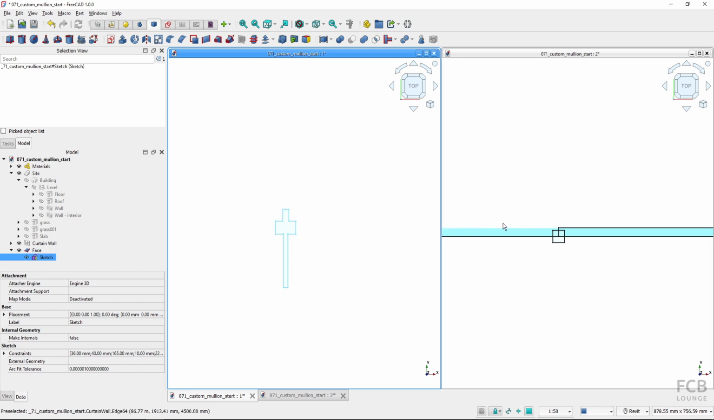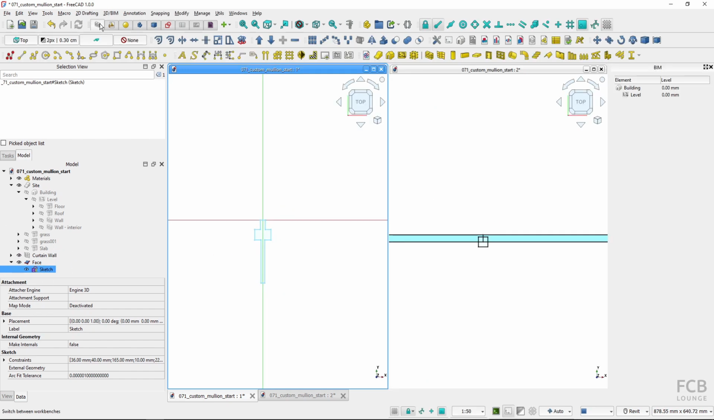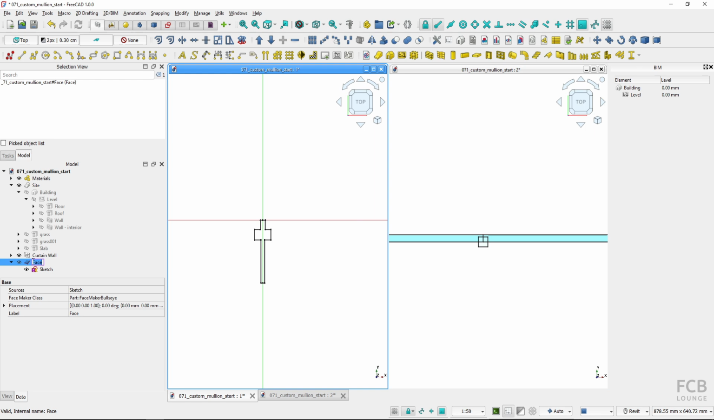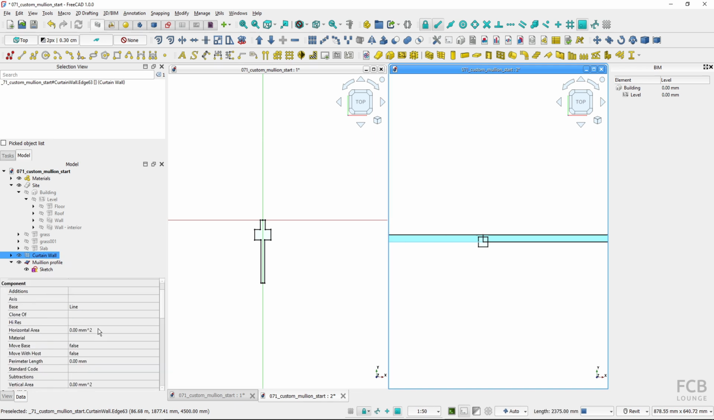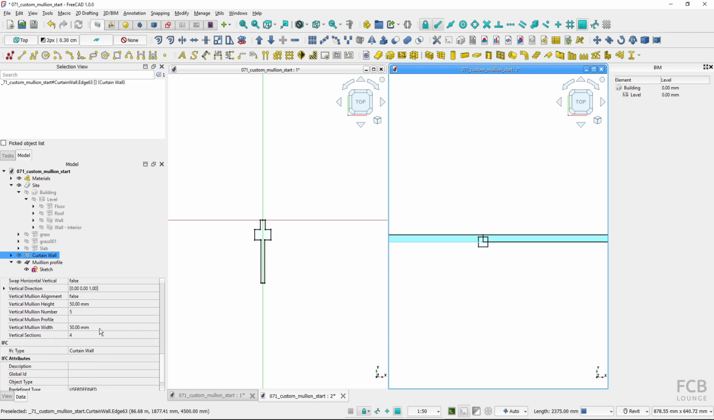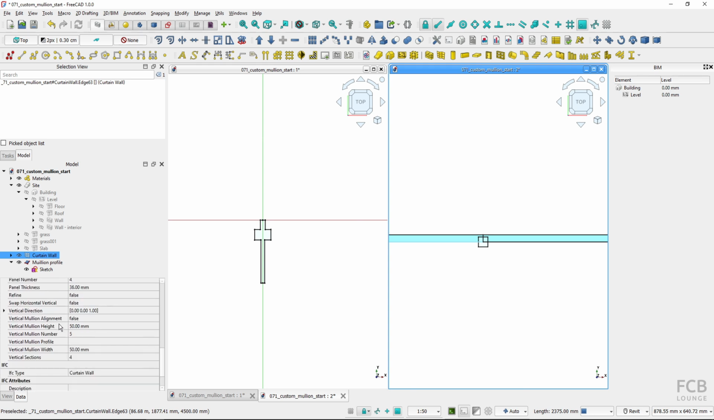So now it will be ready to be used as a curtain wall mullion profile. And I will actually rename the face, and I will name it mullion profile so I know what it is. So now I will select the curtain wall, and here in the properties of the curtain wall for the vertical mullions,